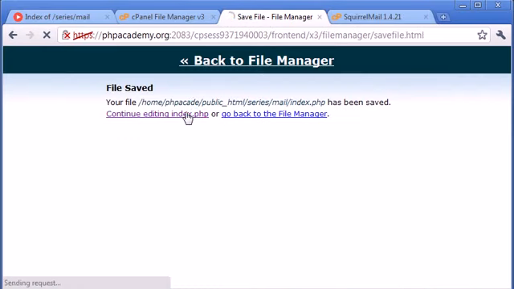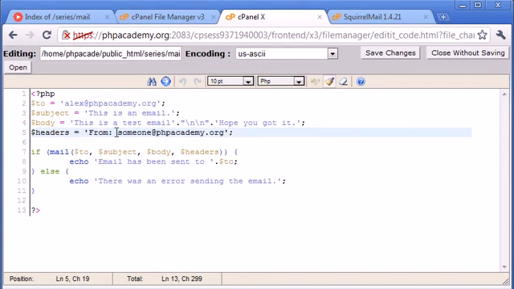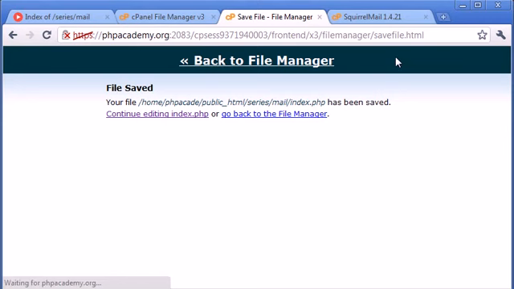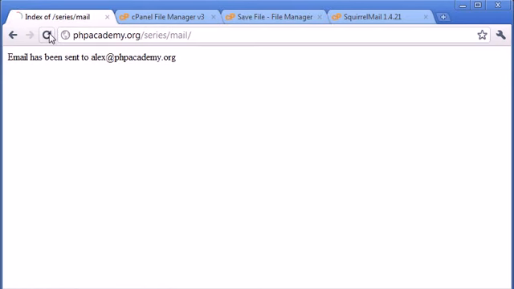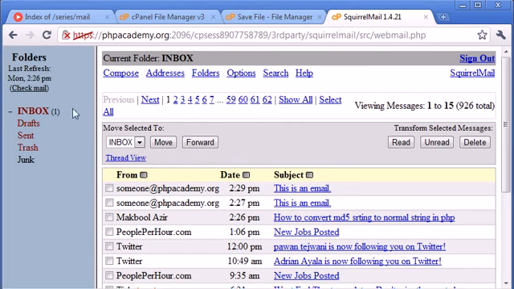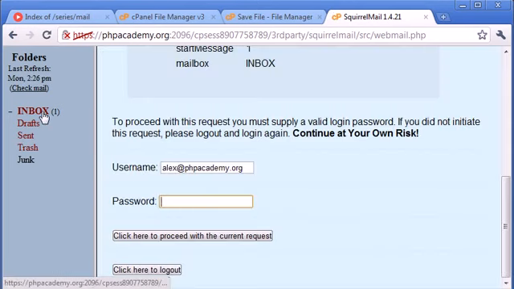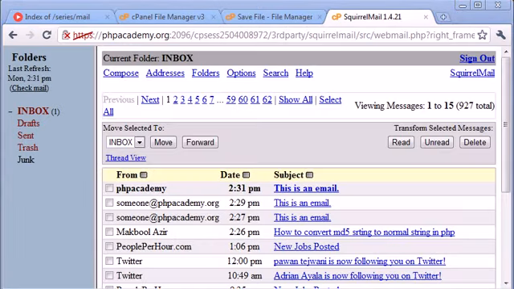We need to come into this page and we simply need to say PHP Academy there, and in fact no, we need to say From: PHP Academy, and then a less than and a greater than sign, between which we put the email address. So let's save the changes there. Let's go back and refresh our page so we resend the email to the Squirrel Mail email client, and you can now see, oh, we need to log in again. Okay, so I've logged back in and you can see that the email is from PHP Academy this time,